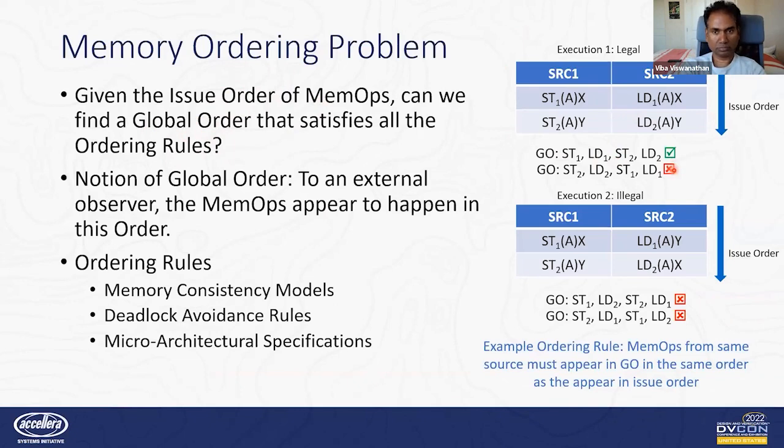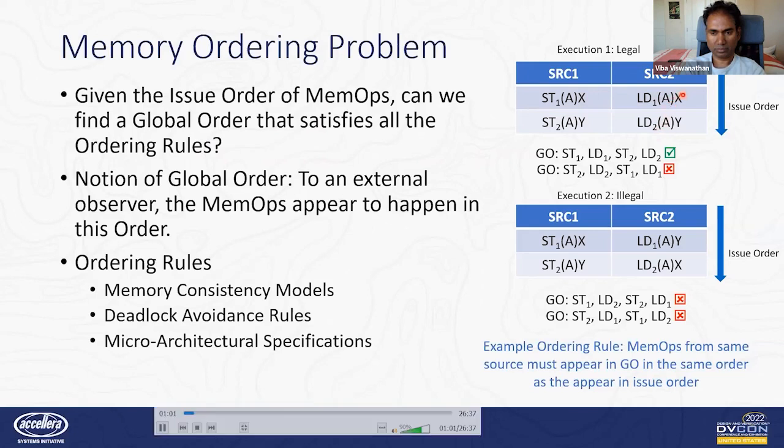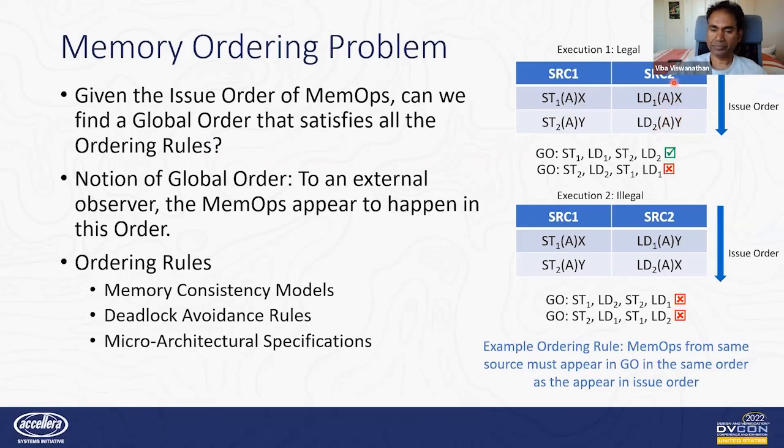Let's take the example on the right to understand this problem better. Let's suppose that we have 2 sources, source 1 and source 2. These sources could be threads in a multi-threaded program, or they could be BFMs driving memory operations on interfaces. So let's suppose source 1 drives 2 stores, store 1 and store 2, with data X and Y to the address A, and source 2 issues 2 loads, load 1 and load 2, and receives data X and Y again